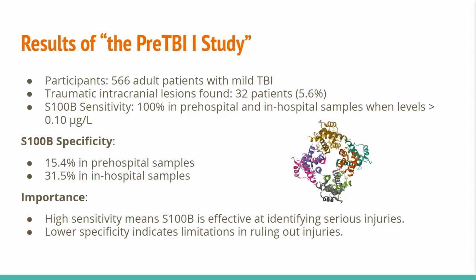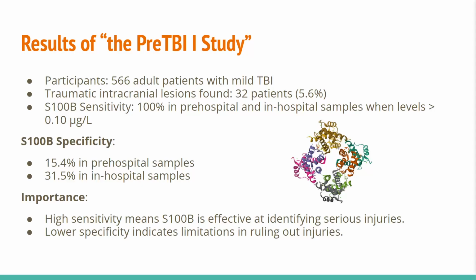The study found that when S100B levels were above 0.10 micrograms per liter, it correctly identified every patient with an intracranial lesion. This means S100B had a sensitivity of 100% for both pre-hospital and in-hospital samples. So if S100B levels are low, doctors can feel more confident that there's no serious injury. However, the